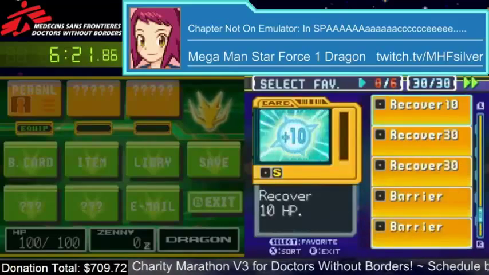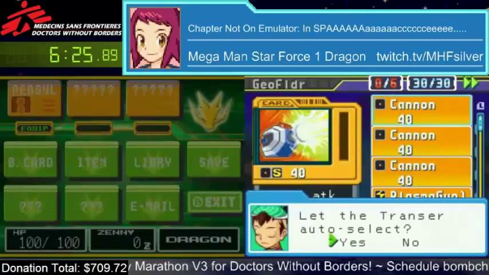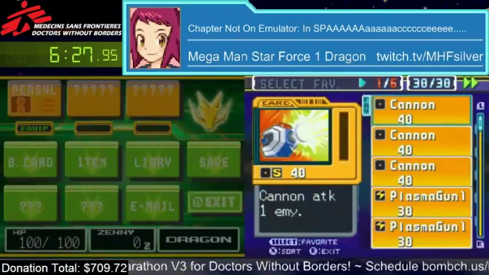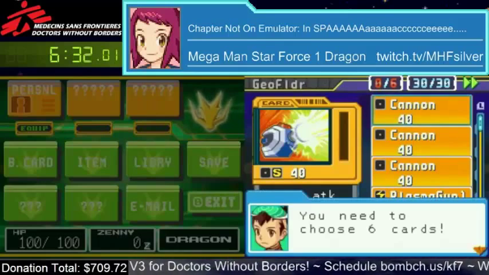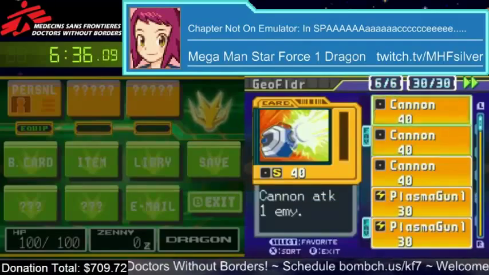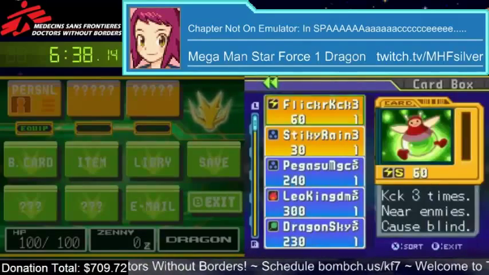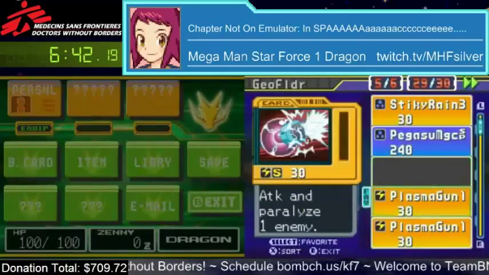Alright, well, so I made a foolish mistake there at the very beginning. So basically, the way this game works is you can get what are known as favorite cards. And what we do is we want to get the favorite cards to be...